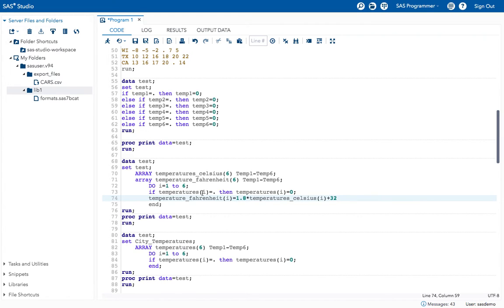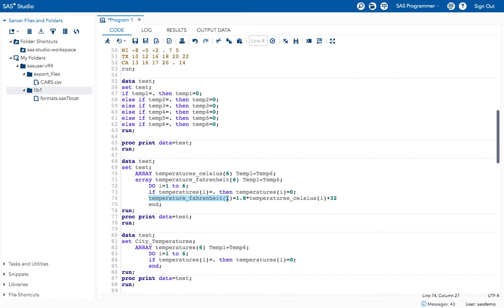So every time, after replacing the missing values with 0, it will create a new variable for temperature Fahrenheit.